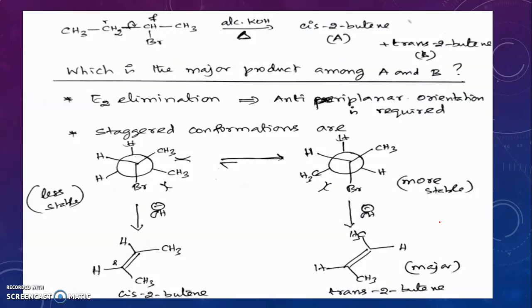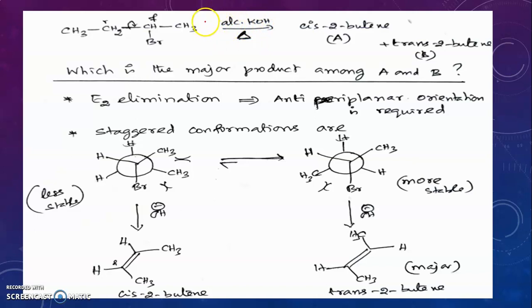Okay, then the next question. Then the next question is this. I am going to discuss another elimination reaction. Right now, I have taken 2-bromobutane. When 2-bromobutane is treated with alcoholic KOH on heating, alcoholic KOH heating is the best notation for elimination, and the reaction undergoes E2 elimination.